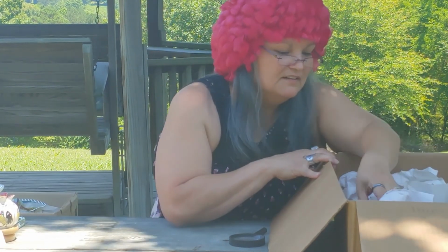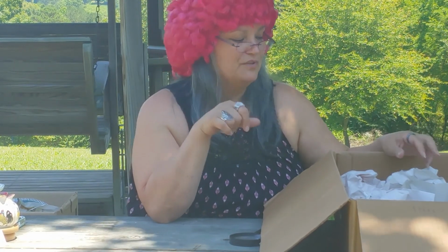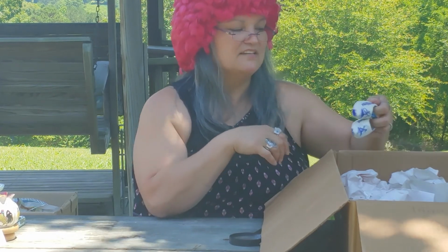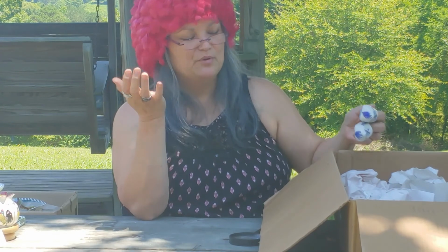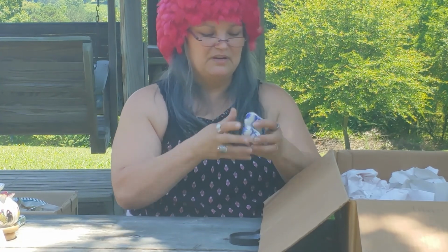Okay. Oh, let me save the bells. Somebody donated a collection of bells, and there must have been probably 50 of them, and we went through them all to see the ones that we liked, because a lot of them were just plain travel memorabilia, souvenirs like that. So we got the ones that we thought were just kind of unique, and I'll show those in a minute. But I found these